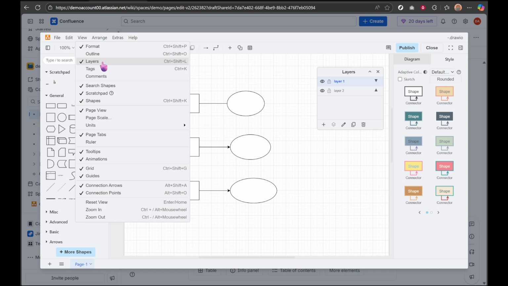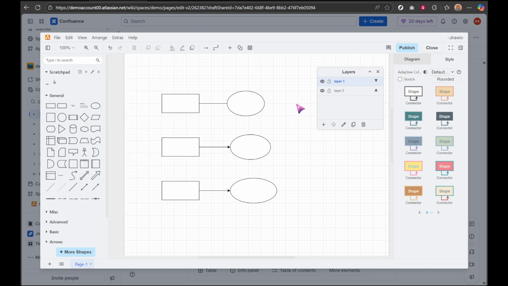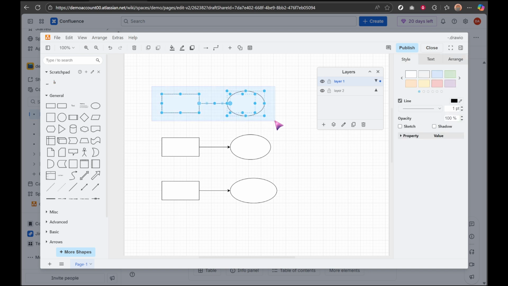Next, select the items you want to move. Click and drag a selection box around the shapes, connectors, and text you want to include. You can also hold Shift and click to add or remove individual items from your selection. Take a second to make sure connectors are included if they belong with the shapes you're moving. A quick tip, if everything on the canvas needs to go, use the standard Select All shortcut for your system